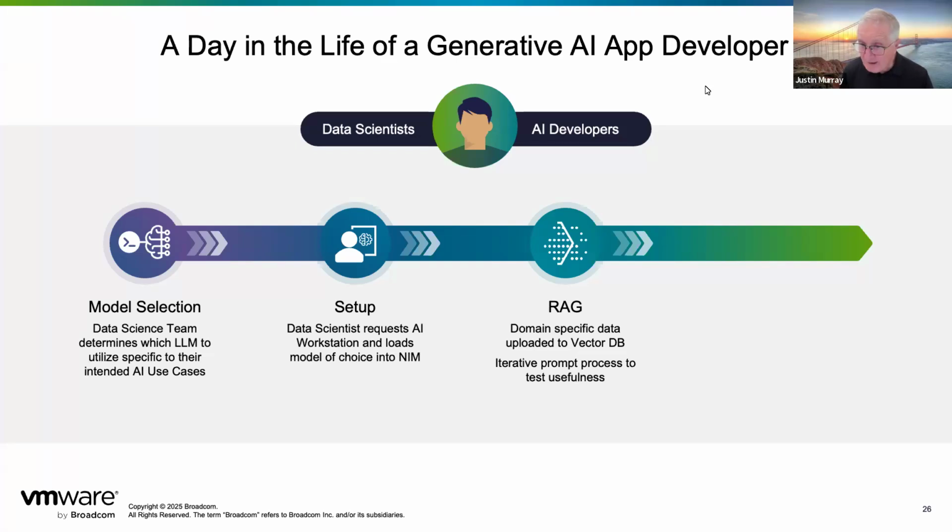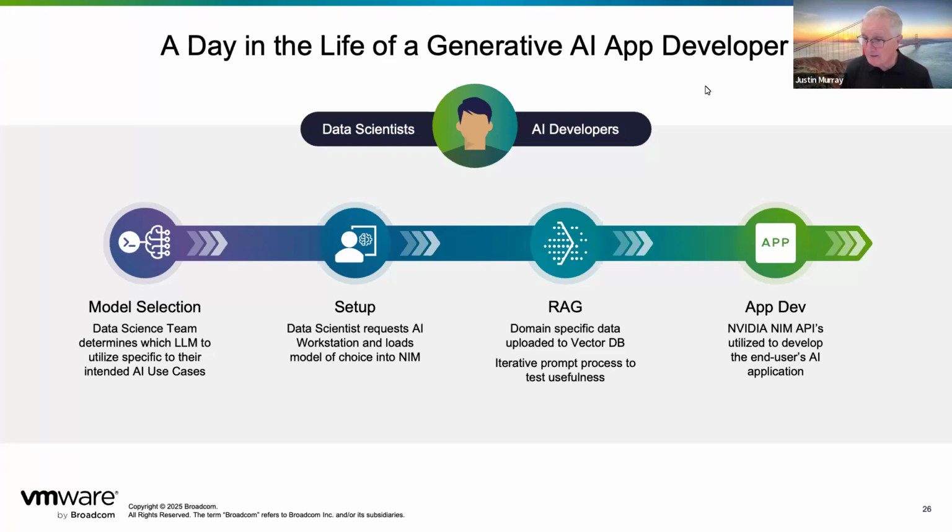How accurate is it and how speedily does it respond? If it's going to take 10 minutes to give me an answer, that's not good enough. And finally, you need to build an application using containers to use this model. The model in itself is very nice, and the retrieval augmented generation application design is very nice, but until it's used in a business application, it's not really doing my business any good. So there is an application development phase.